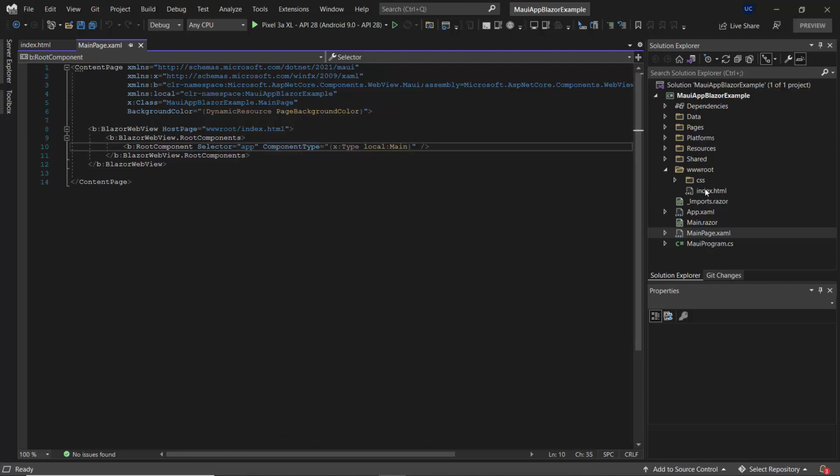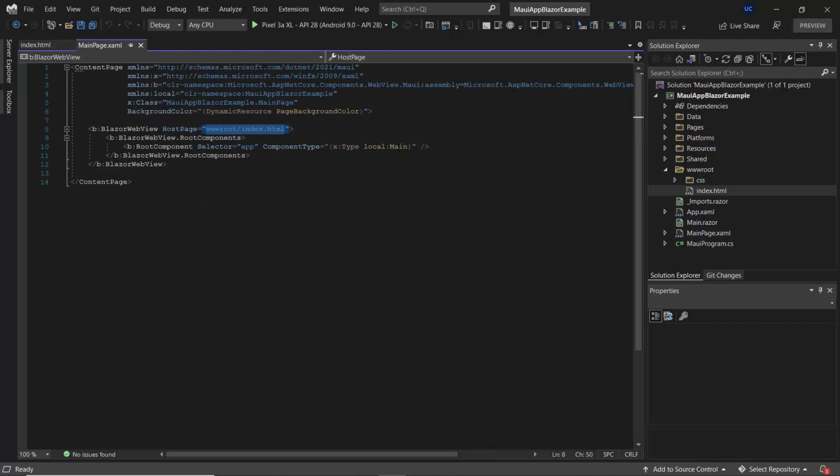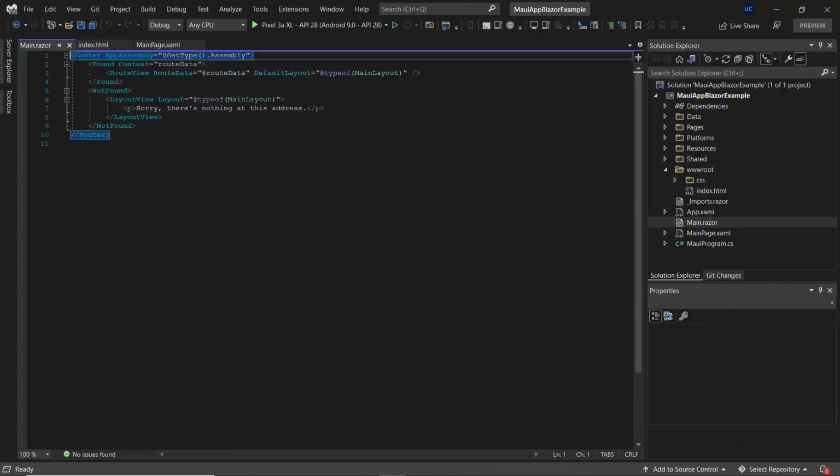If I navigate to this index.html page inside this wwwroot folder, you can see the app tag. This is where the entire Blazor application components are going to get rendered. And as mentioned, in the main component, main.razor, you can check the router component here.